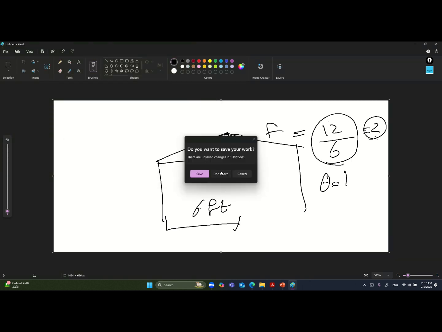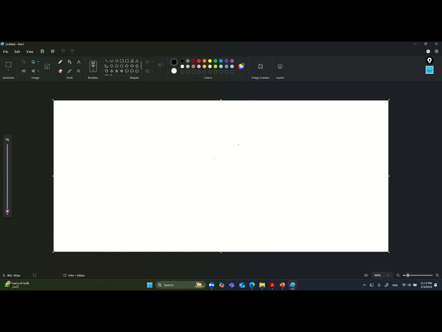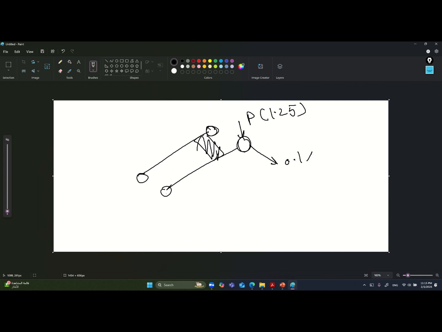Okay, let's make a new one. So if you have a wheel like this, that is the wheel of the crane, and the trolley is positioned here to get the maximum force. That is the maximum wheel load. It will be like P. To consider the vertical impact, it will be 1.25, and to consider the braking force, it will be 0.1 multiplied by P, and to consider the lateral force, it will be 0.2 multiplied by, as mentioned there,